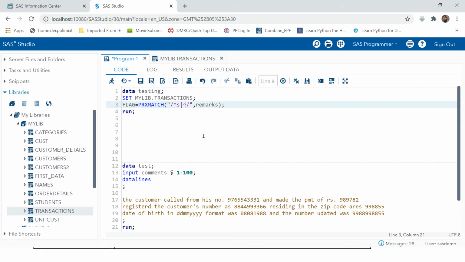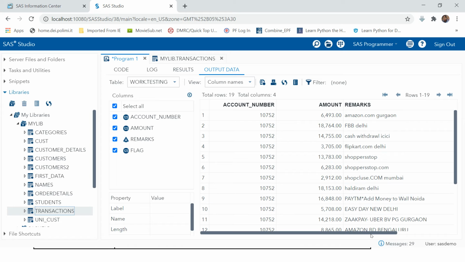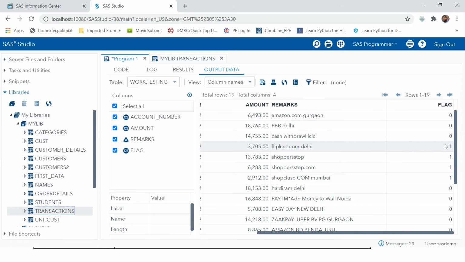And then I need to put F. This symbol will say that find the strings which starts with F. Okay, let's run this and let's look at the data. So now here you can see these all are starting with S, these all were starting with S, and this one is starting with F.